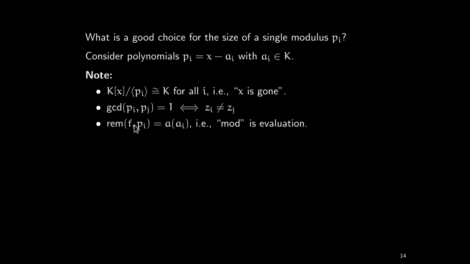And the modular image of a polynomial or a rational function modulo such a polynomial pi is just the value of, there's another typo, this is f of ai, and here I'm back to a, I'm sorry, it's just the value of the polynomial at